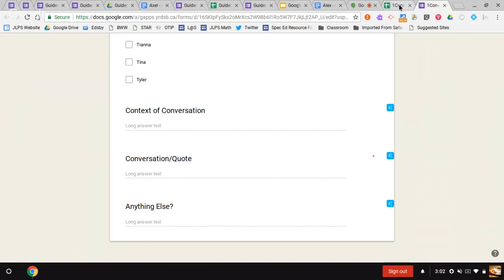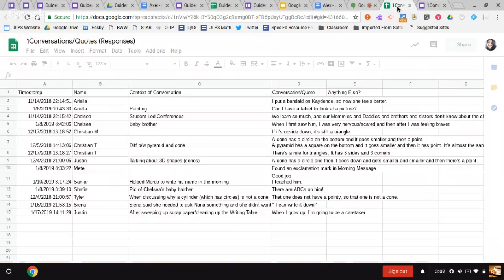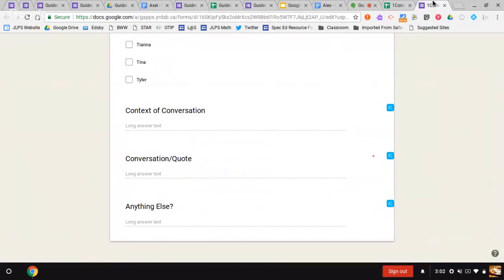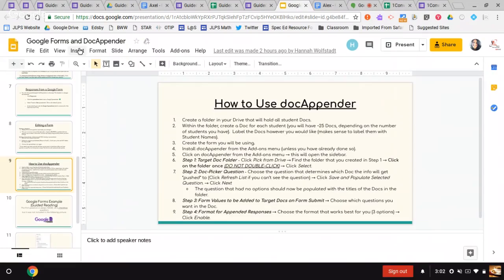And so over here, this is the spreadsheet for that conversations form. Again, I haven't used it a ton because I use other forms of documentation, such as EdSP, that my school is using this year. My partner and I in kindergarten classroom are using. But this is a great, simple way to track data using Google Forms. So I'm going to go back to my original